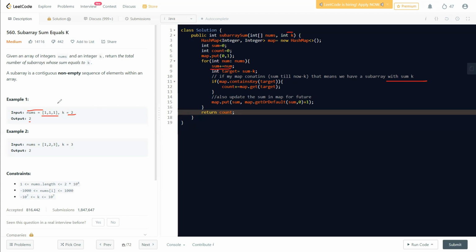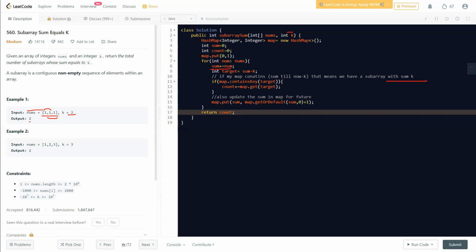Okay, that's basically like you are going ahead with, say, 1 1 1. You took this subarray, 1 1 is 2. You find count is 1. Now another subarray is here. Count is 2. Okay, so it's not count is 3, the count is 2. That's the idea behind this. Okay, now that's a one-way or 1D dimensional thought process behind this question. So let's go ahead and go to our question and try to think of this